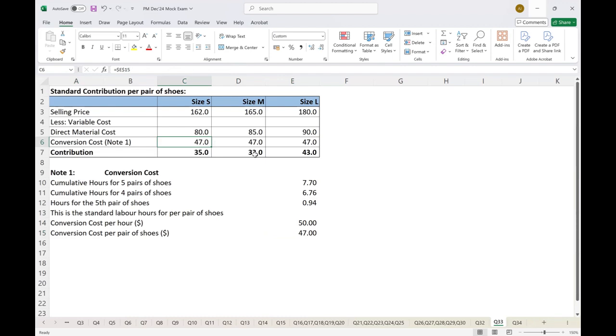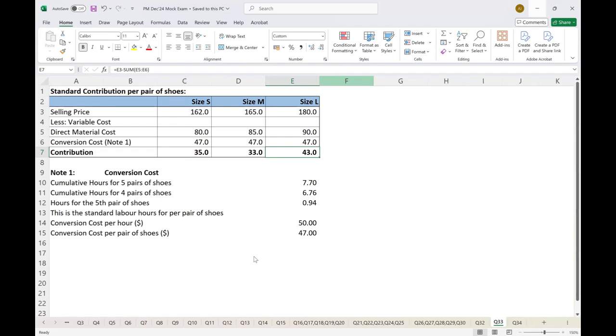So conversion cost will be 47 and you can link it for all the sizes S, M and L. That gives you a contribution of 162 minus 80 minus 47, that is 35 for size S, 33 for size M, and 43 for size L. Okay, and now we are going to come to the next question, question number 34,